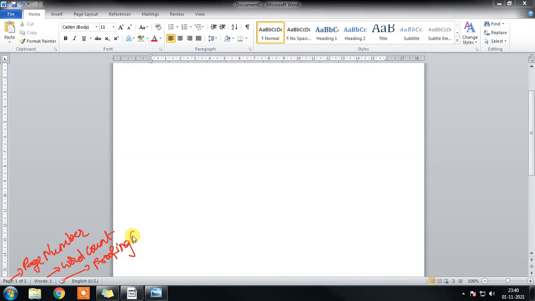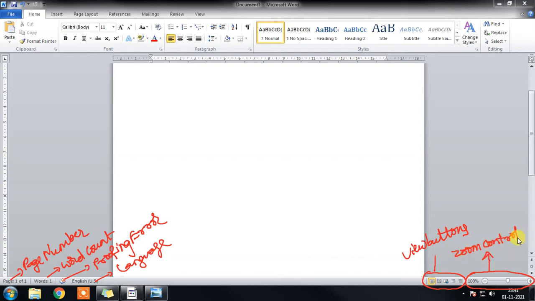And to the right of the status bar, this group of icons is called view buttons, and this section of icons is called zoom control or zoom tools.